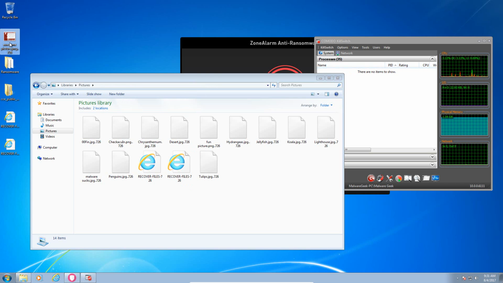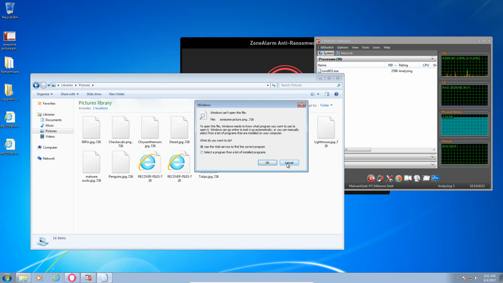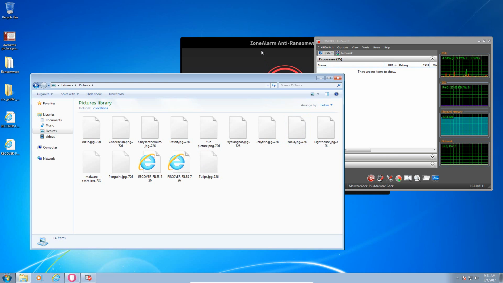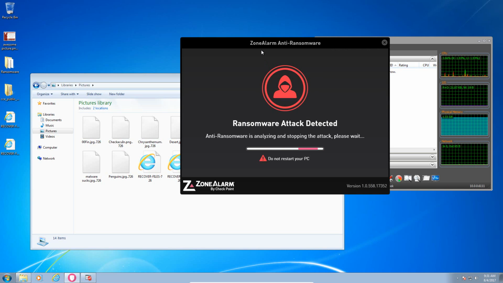The only file that survived, well, actually this one didn't survive either. Now that I look at the extension, it's a .726 extension. I don't believe I'm able to open this one either. No, I can't. So it appears that ZoneAlarm Anti-Ransomware has failed the first sample